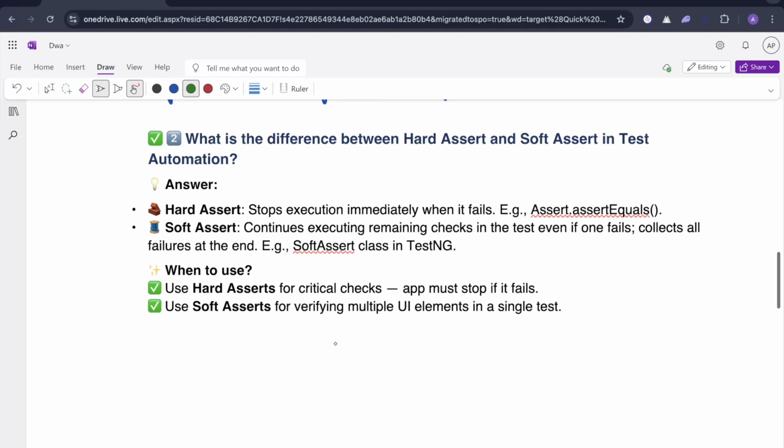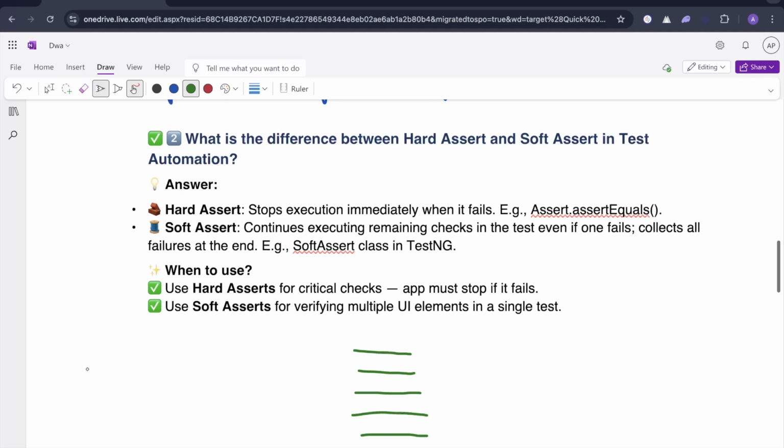So for example, you are writing your automation, all right? When you're writing your automation, basically you are just checking if things are working or not. If things are working, you say that your automation test has passed. If something is not working, you say that your automation test has failed. But here also there are two conditions. For example, you are running your test. This is your line number 1, line number 2, line number 3, line number 4 and line number 5, and you have given some sort of assertions